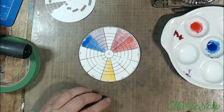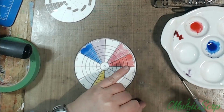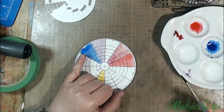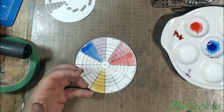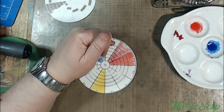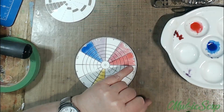Yeah, exactly, Michelle. And it is more of a gray purple because of the blue and the red that I've chosen. All right. And that's another thing you have to know. I'm not going to get a really pure violet because I've used a warm red and a